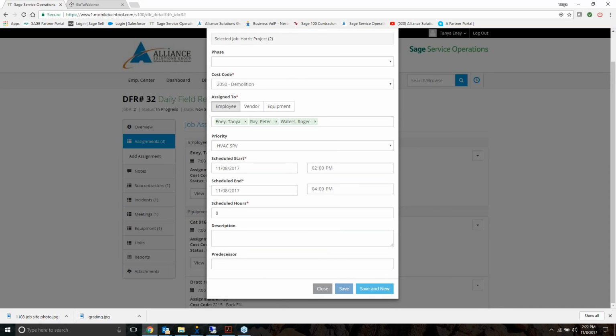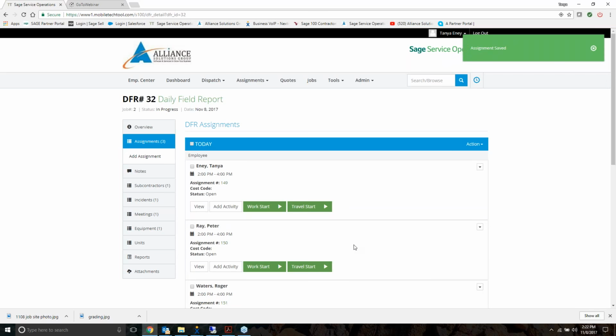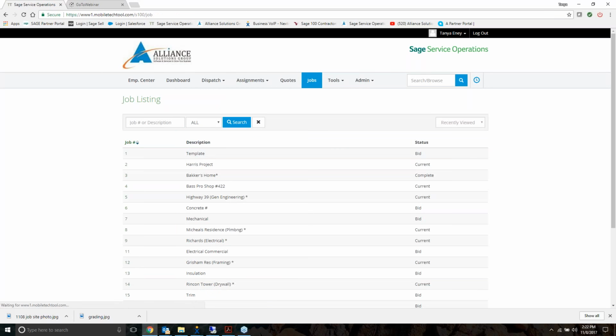Now I can save this time, and it's going to not only enter it against this job for me to view on my daily field report, but it's also going to send it over to payroll so that we can eventually pay these employees on this time and job cost it to the job. So this information now is beginning to flow back into Sage. So now if I, again, return to Sage,